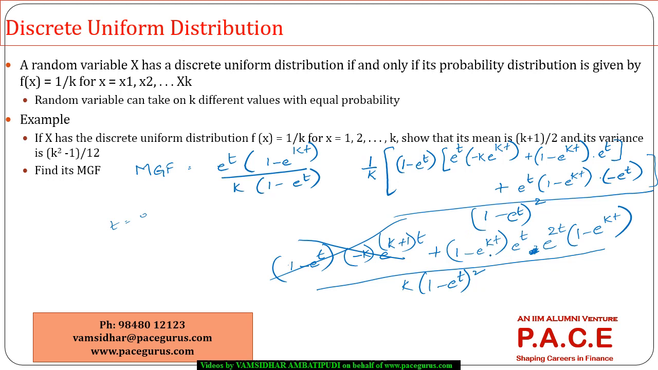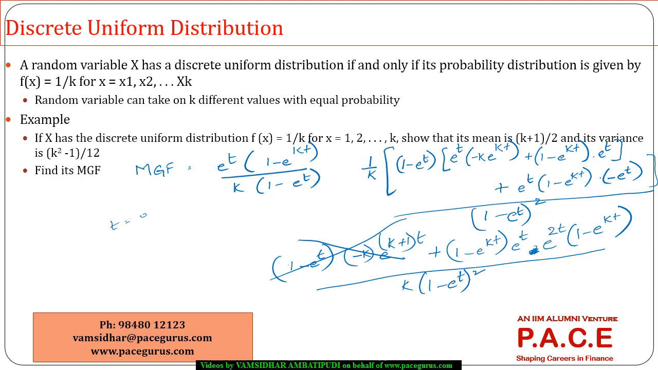Now what about this? 1 minus e to the power of kt into e to the power of t. T is 0. So wherever t is coming out to be 0, 1 minus e power kt is becoming 1 and it is becoming 0 altogether. So I am taking a derivative and then substituting t equal to 0. I should get,